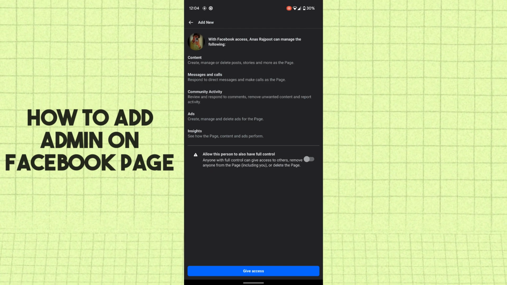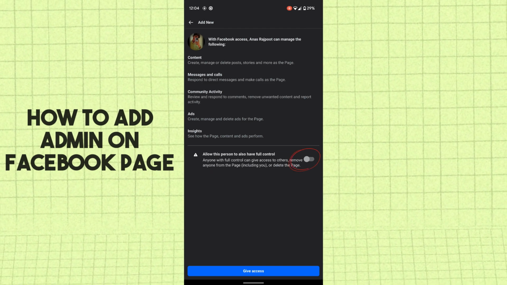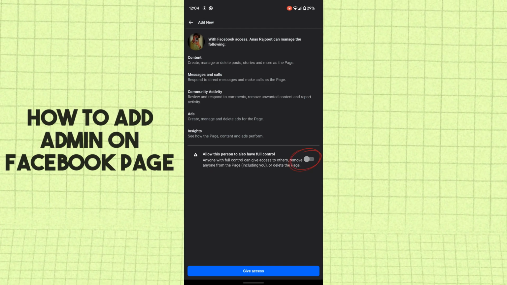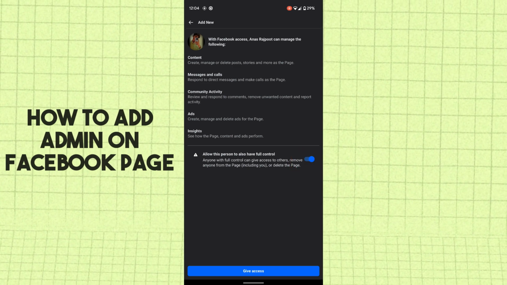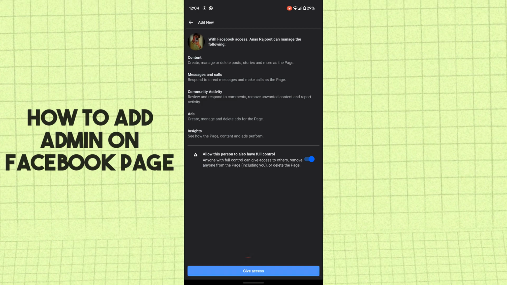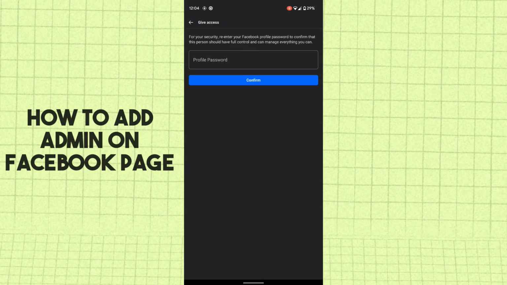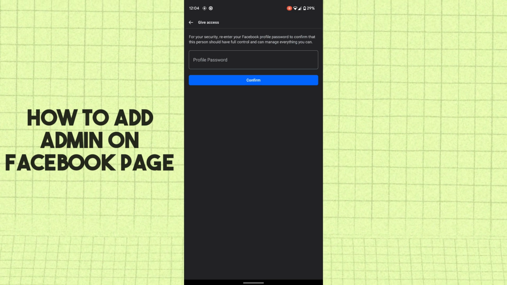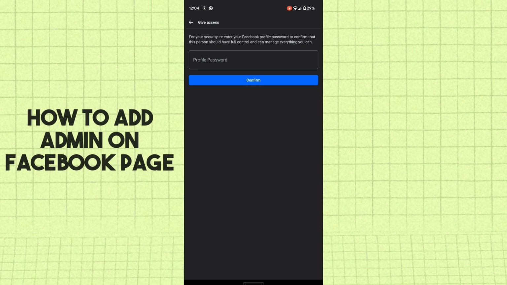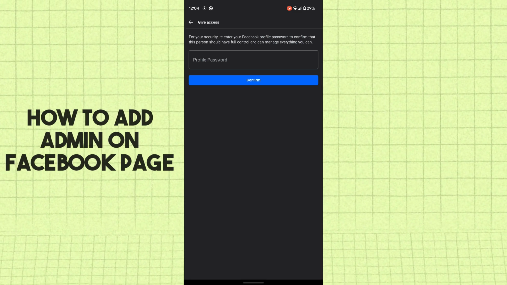and after selecting the profile, you should allow the full control in order to make admin. So just tap on it. So after toggling on, now just tap on give access. Here it will ask you for password. So after putting your password, tap on confirm, and Facebook will make him an admin of your Facebook